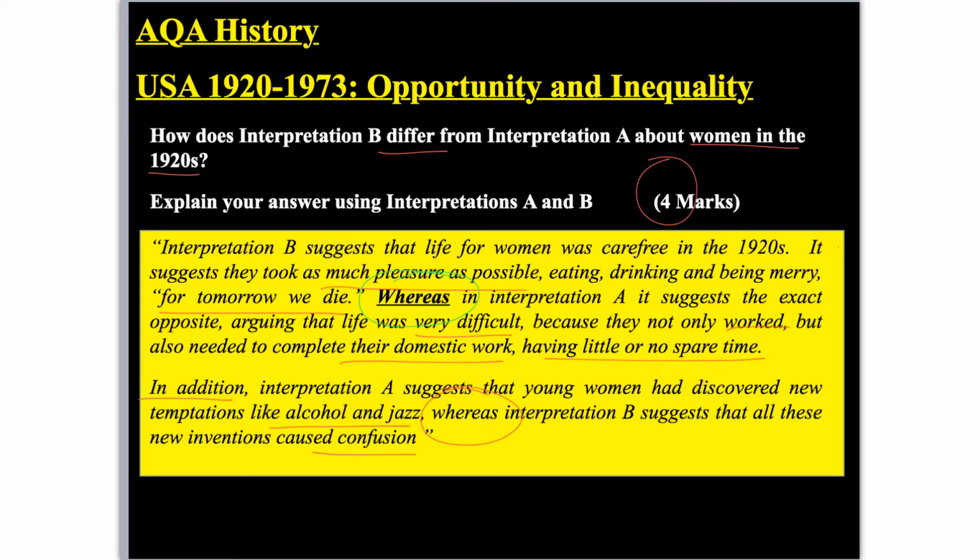So the first paragraph here, you'll have noticed, was all around the idea of work, and whereas interpretation A suggests there was a lot of work to be done both at home and also on the fields or in the mines or whatever it might have been, interpretation B suggests that work wasn't really something that they had to worry about, and it was a fairly carefree society. The second difference is more focused around new inventions and sort of life as a whole. One suggesting that alcohol and jazz were something that everyone had an opportunity and access to enjoy, whereas the other one suggesting that actually all of these new inventions caused confusion,